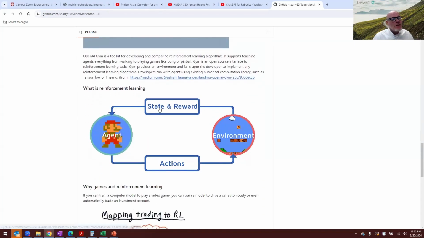But it's a simple game of if you can teach an agent, in this case, Mario, how to navigate the environment and record all their actions and see the outcomes of each action in a table, so that the next time you see the exact same position, you look in that Q table, and you're like, oh, here's my next best action. It's the one that did the best, and I'm going to use that.